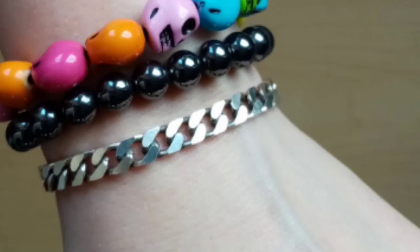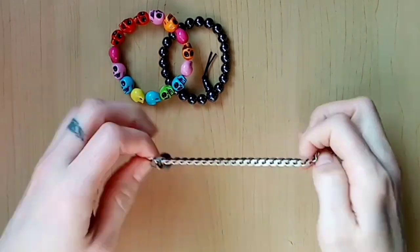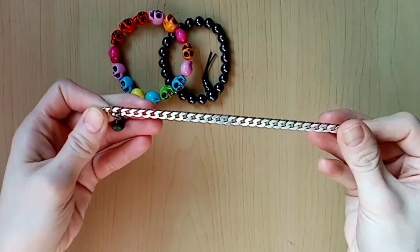I did consider doing a video about my bracelet collection, but I've been doing this a while and there are so many of them to show. So in the end, I decided I'd show my favourite ones instead, my top 5, to keep the video from getting too long. And for the purposes of this video, I'm not technically showing my absolute favourite bracelet, which is